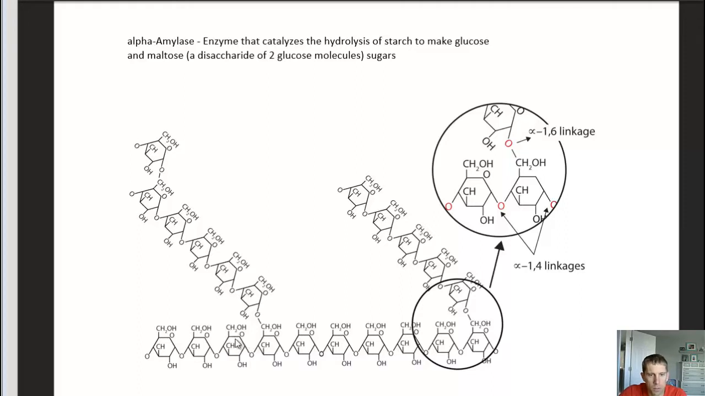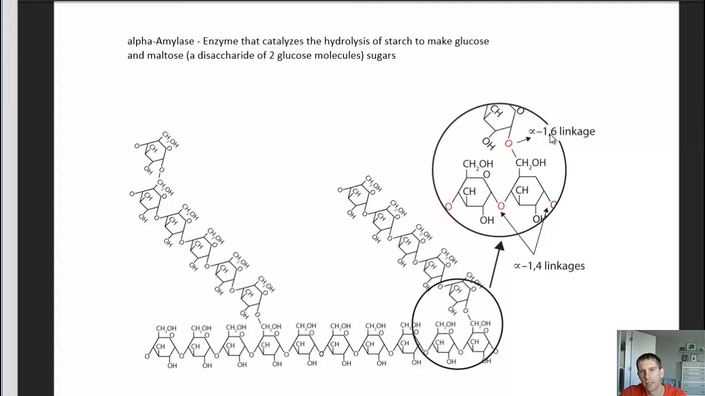So on our glucose molecule, starting from the first carbon, which is the anomeric carbon, we have carbon number 1, carbon number 2, carbon number 3, and carbon number 4. So in this blown up image here, we're highlighting the alpha-1,4, so carbon number 1 on this glucose equivalent and carbon number 4 on this glucose equivalent,